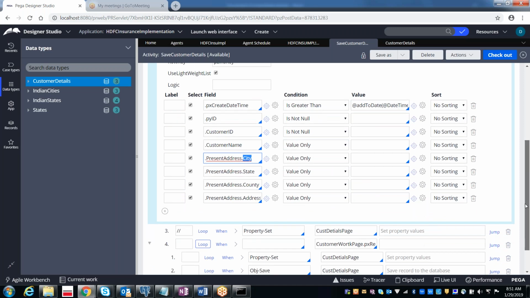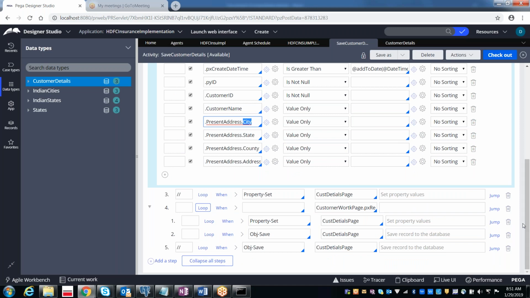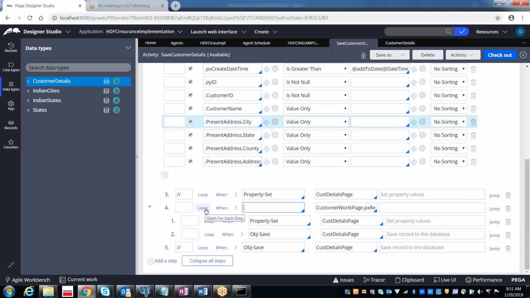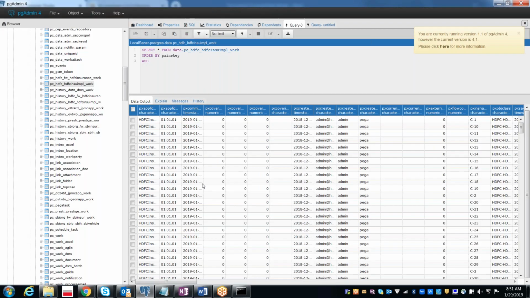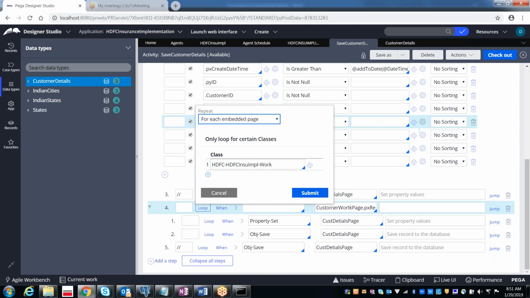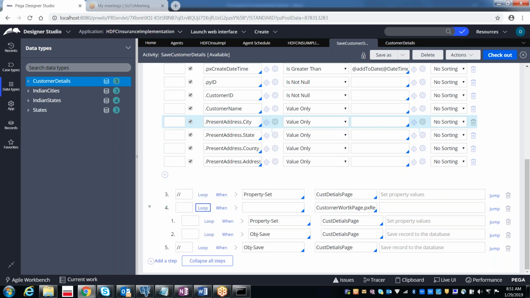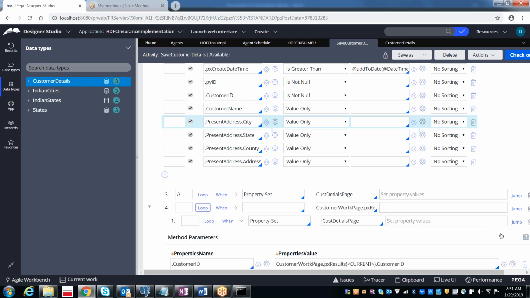Once after reading the work object information, I'm looping through. I have n number of work objects, so I wanted to loop through that, and when I loop through, I'm going to assign those values to the customer details page.